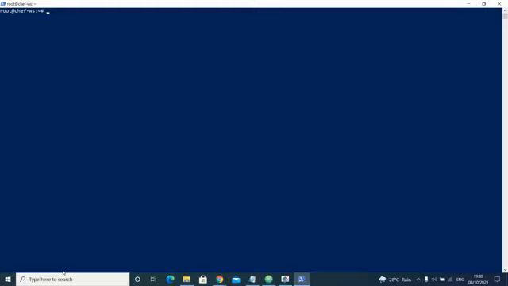Now I'll just clone my credentials here. So git clone. Just paste it. I copied it. Yes, I will press enter.